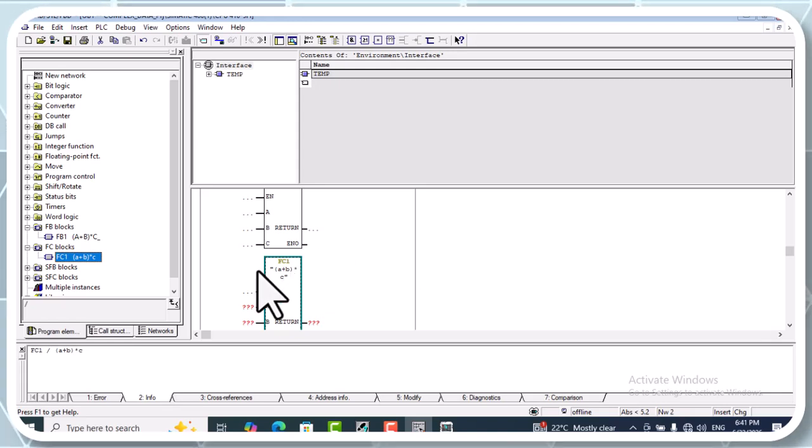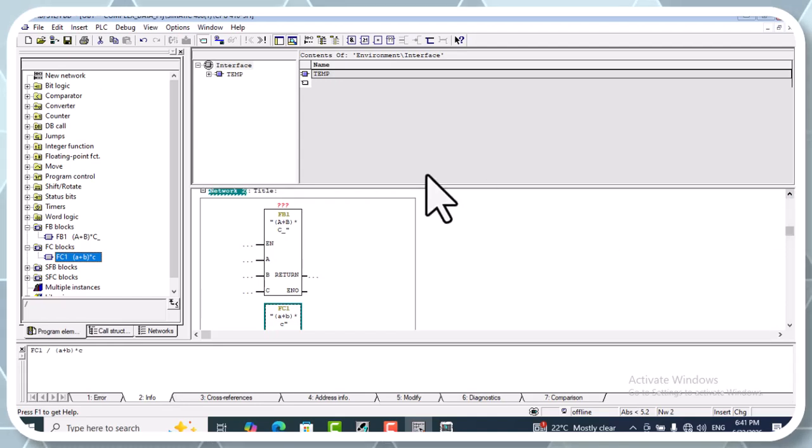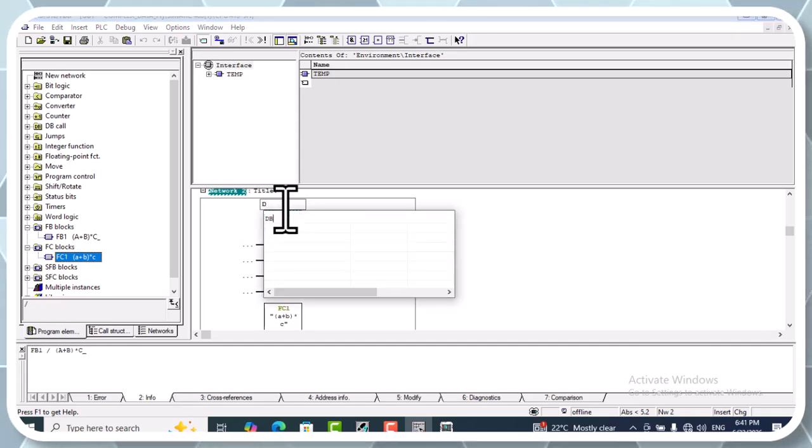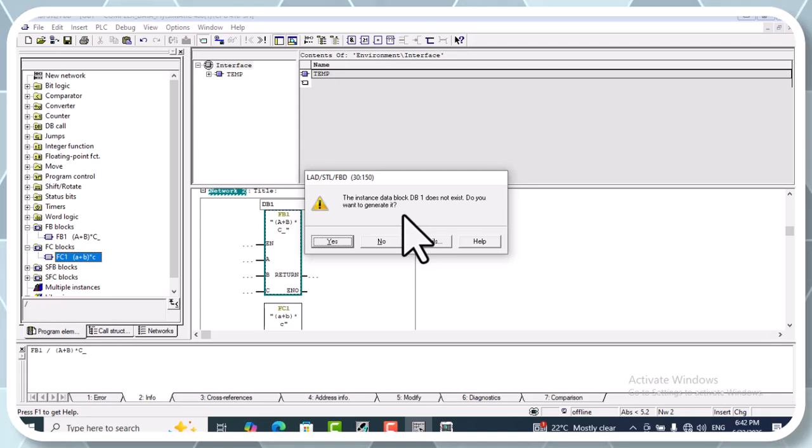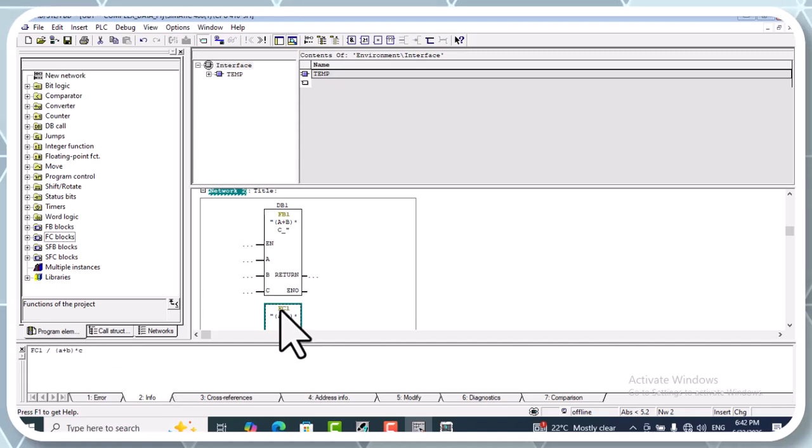And here you see that we have the difference between FC and FB. You see that the FC block needs parameters, but FB does not, because setting the value of our variable is not required, since this variable is stored in the DB block. And here we must set our DB. Let's set it to DB1 and press enter. Does not exist. Do you want to generate it? Yes. And let's delete this block,